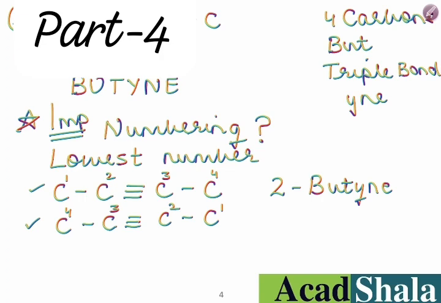You cannot start, suppose this triple bond is attached with this carbon, by giving the numbering 1 over here. No, this is wrong. You will start giving the numbering to the chain from the terminals, the endpoints, like this. So I will start numbering from here: 1, 2, 3, 4. My motive is to give the carbon atom where the triple bond is attached the lowest number.